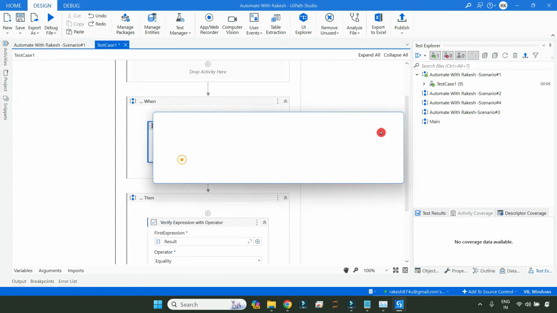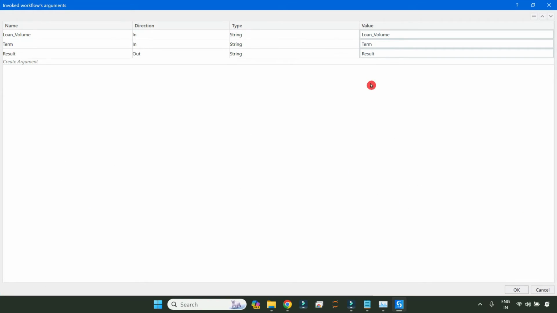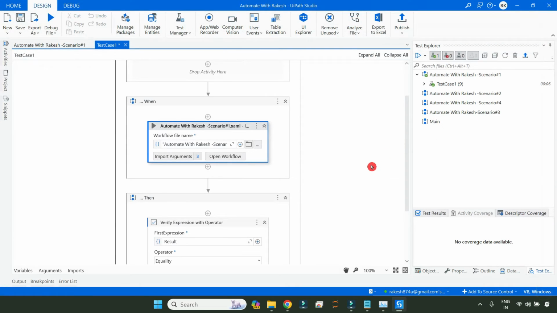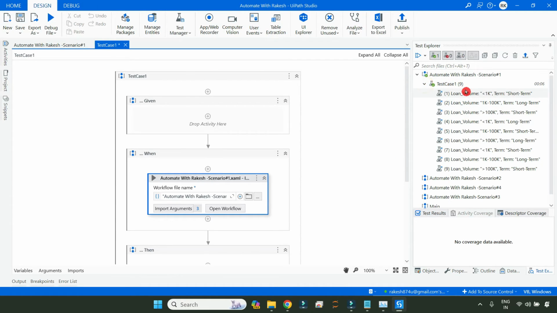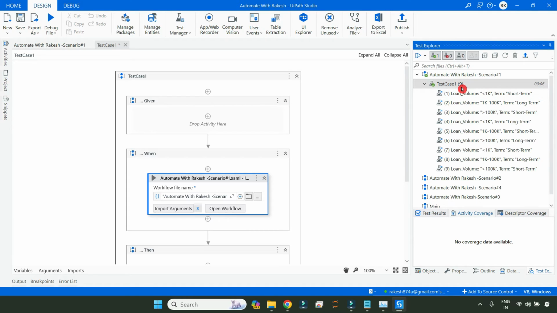Now click on import arguments. So you see everything is properly done. Now how do you run it? You have told it, okay, I have certain data in my Excel. Now you have to run all the test cases. So if you see here on the right hand side, it is showing you there are 9 different test data in your Excel, which UiPath has picked,